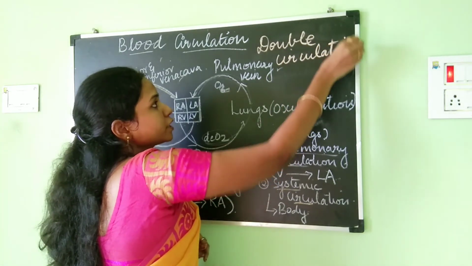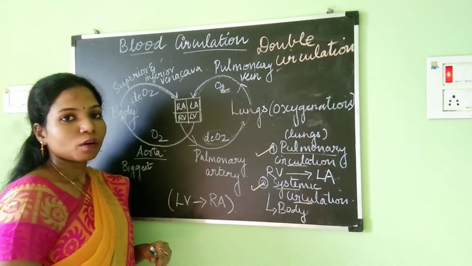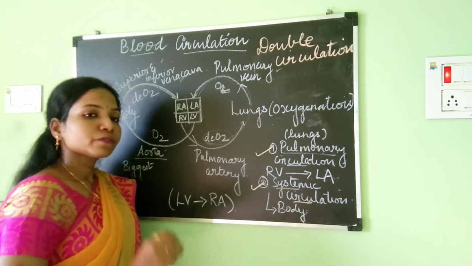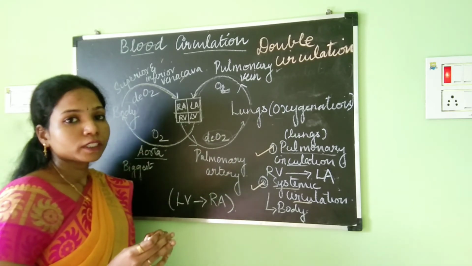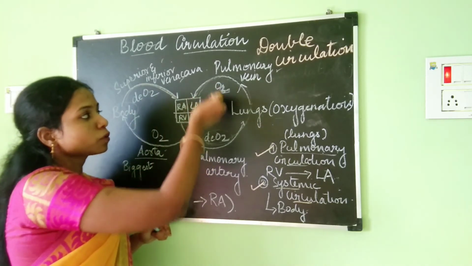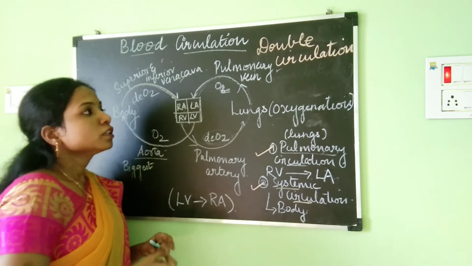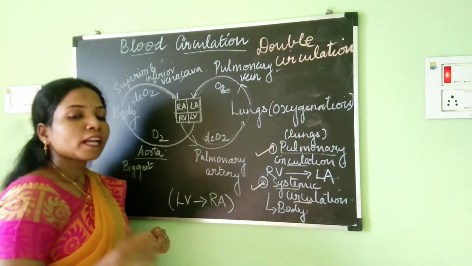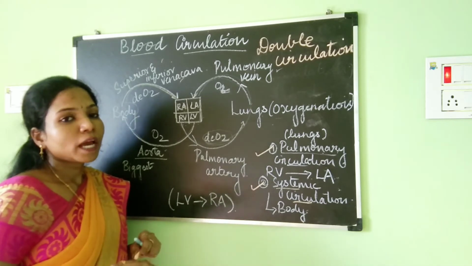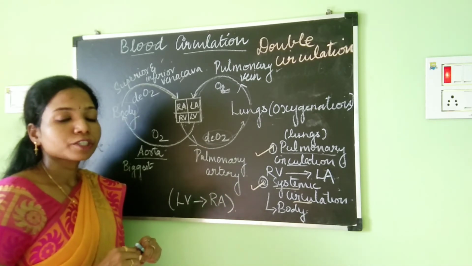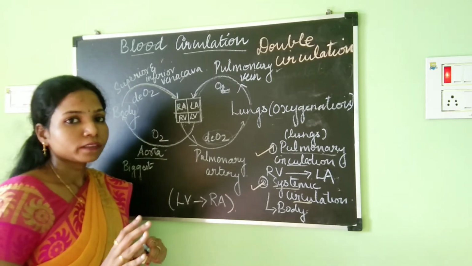So double circulation includes the systemic and the pulmonary circulation. The double circulation is very useful to prevent the mixing of oxygenated and deoxygenated blood. Due to this reason, the oxygenated and deoxygenated blood do not mix. In other organisms, such as fishes, the circulation is single circulation, where the blood enters into the heart only once and not twice.